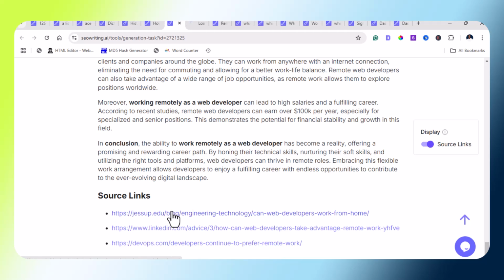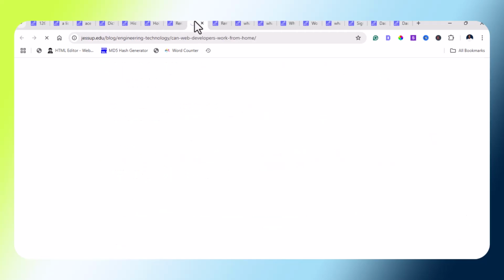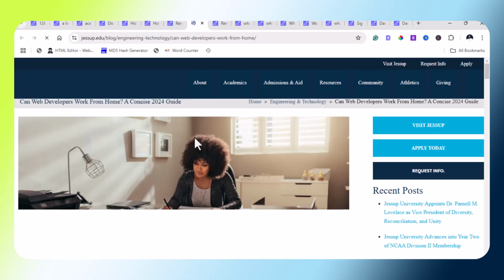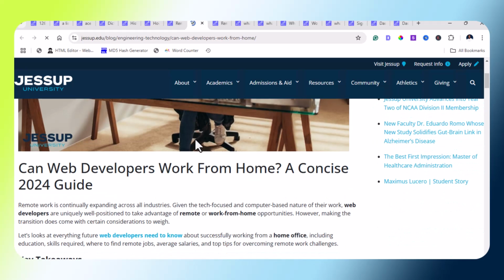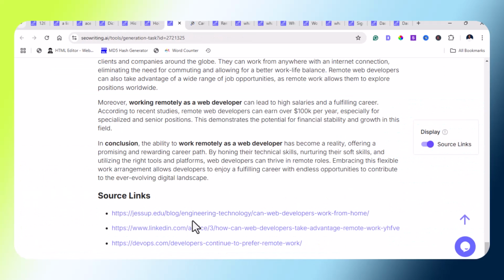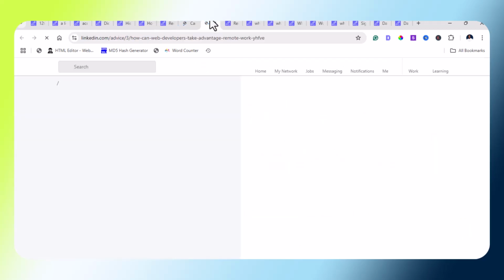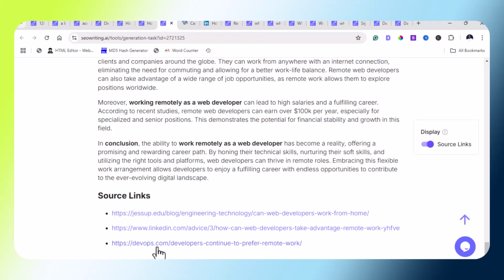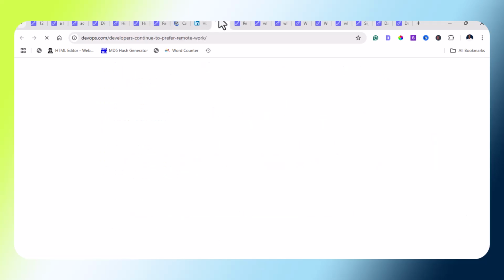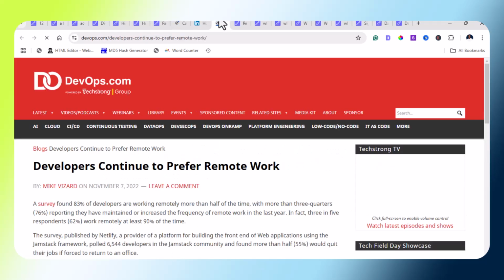Okay, that link is not dead. So it's actually sourcing real links, unlike what ChatGPT does, like just putting some random links that don't go to anything. Okay,